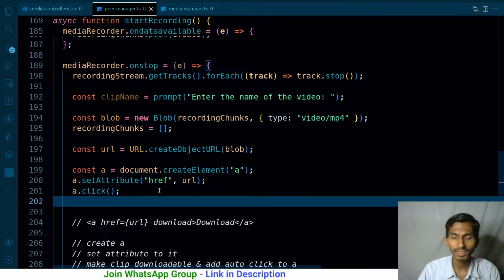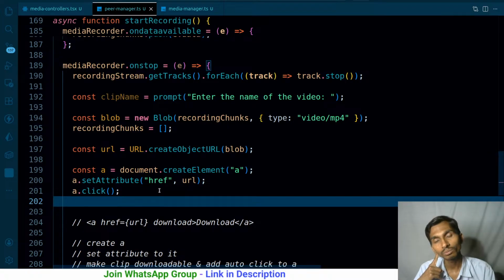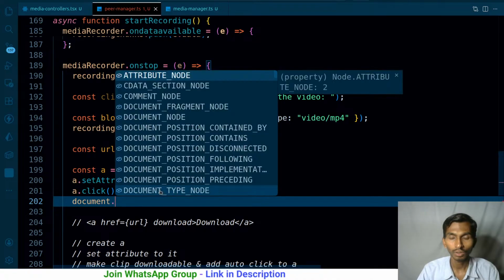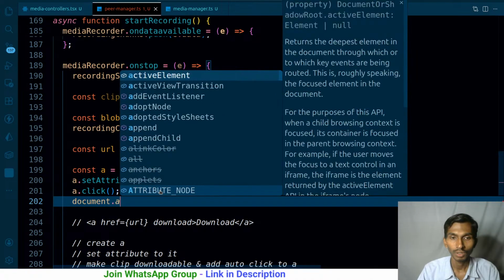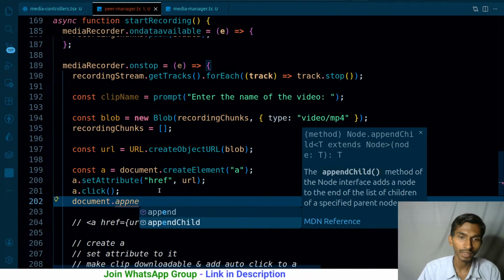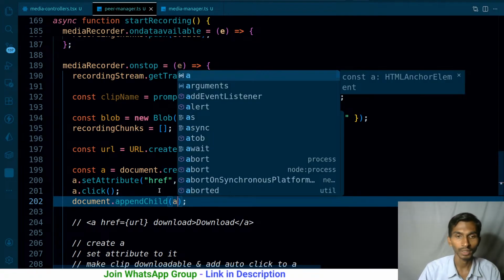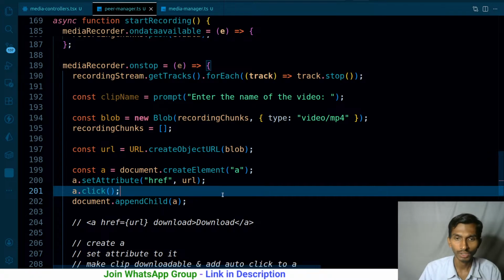So I think I need to append it to the body before clicking. Don't know. Let's see how it goes. So document dot append. I can directly append the child, document dot appendChild. And what do I have to append? I have to append anchor tag. Okay, so this much I've done as well.